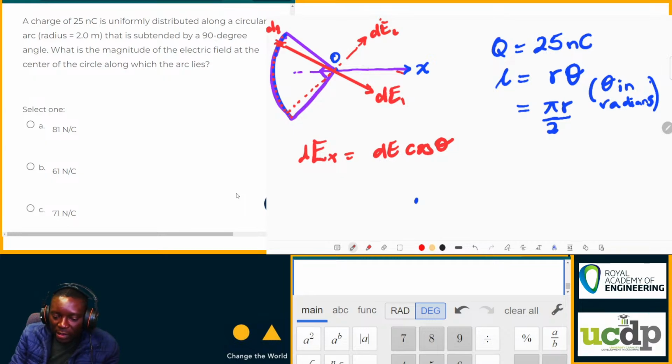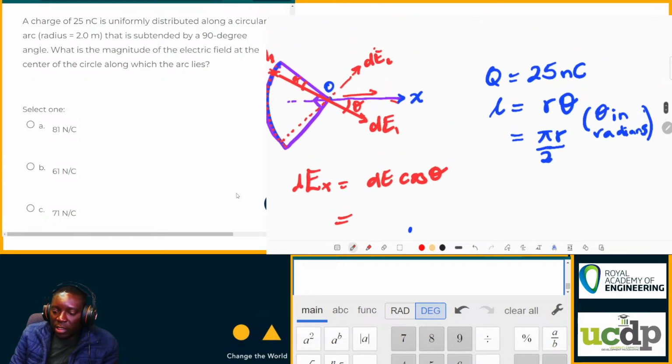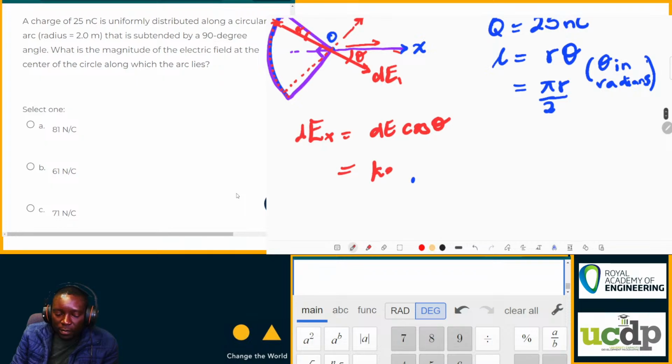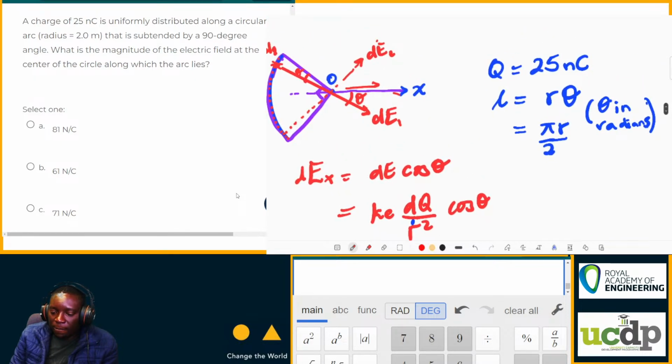So in this case, if this dE component is at an angle theta, that's the theta that we'll consider there. It's the same theta, so dE cos theta is along the x. If that's dE cos theta, we said dE is Ke dq over r squared cos theta. But remember, we said in this case our